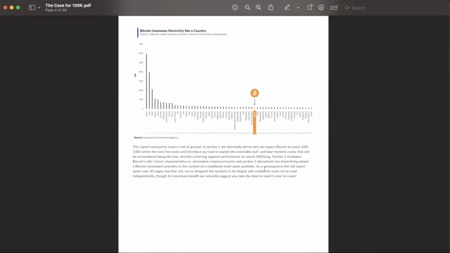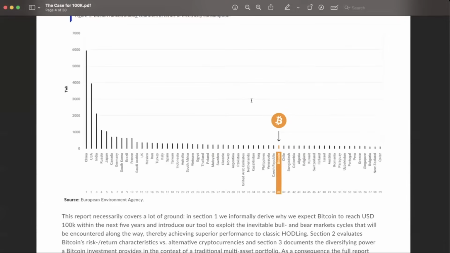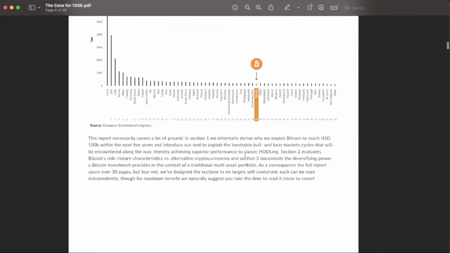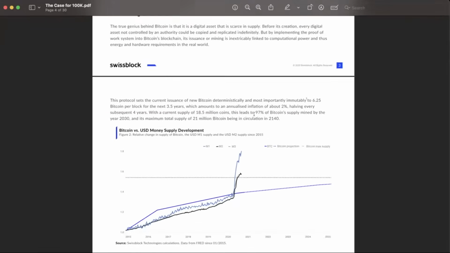But what's super interesting is that at the end, even if you look at it in terms of the size of a country, at 100,000, in terms of the amount of electricity that it's currently consuming, you're basically in the top 10 now, I think, right? If I'm not mistaken. So it's basically the most secure network in the world. It even surpassed our expectations in terms of how we were projecting it.